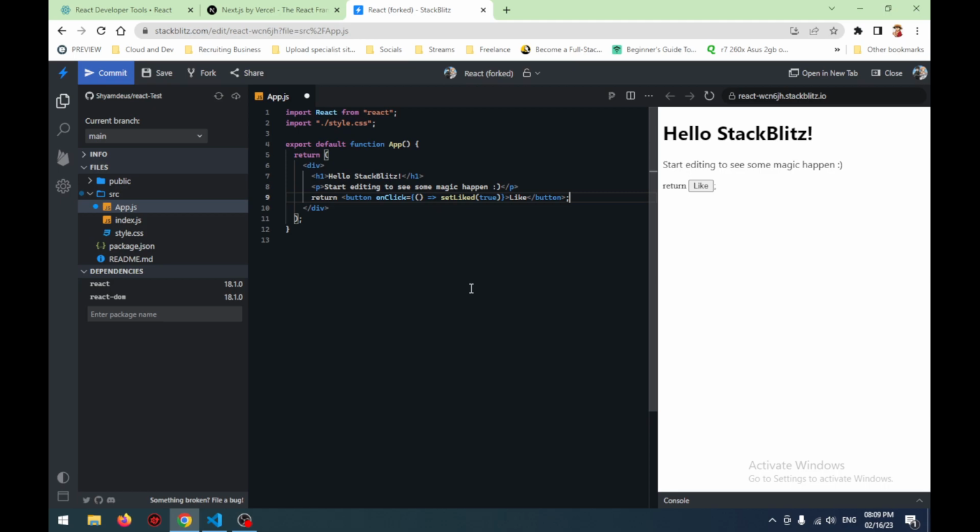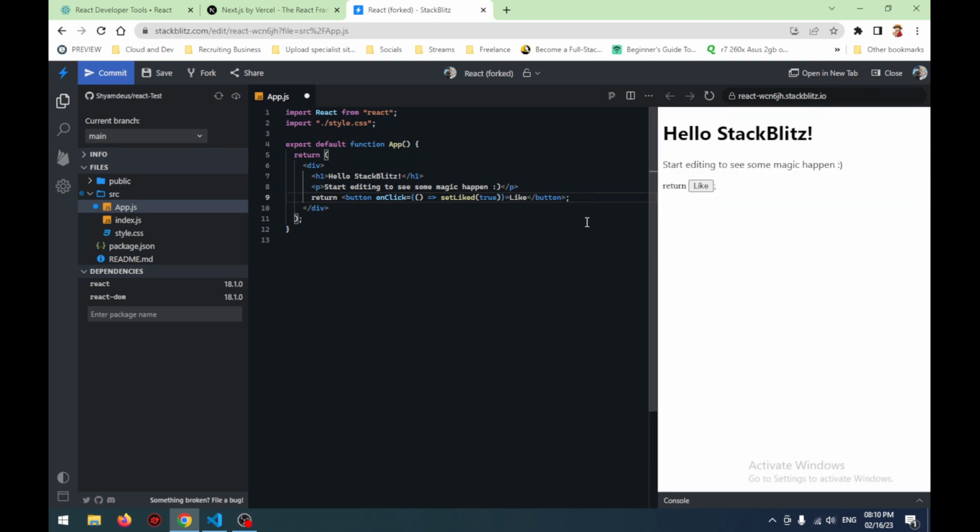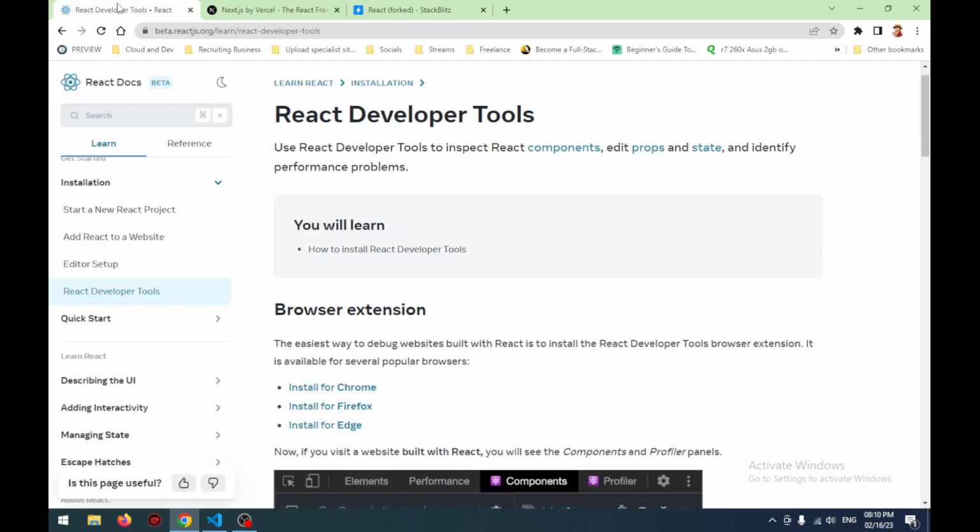Wait, something looks weird here. Why is there an extra something? Oh, what? I removed it and it just goes, and when I added it, it just displays here. It's not supposed to display there. But if I remove it, that's kind of weird. I guess there's some sort of problem with the syntax. Anyway,